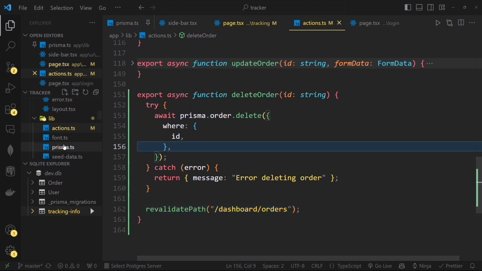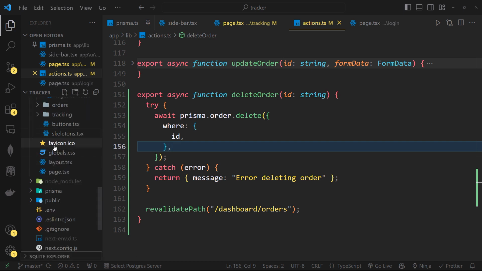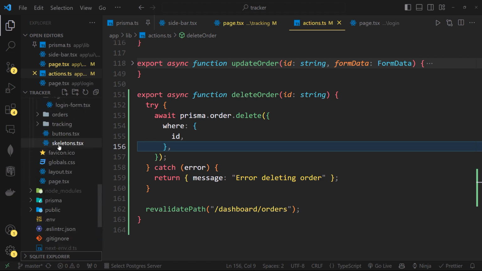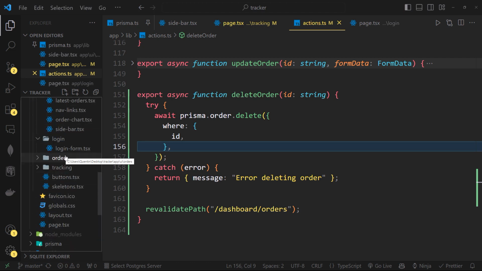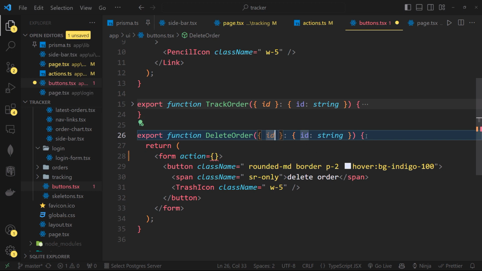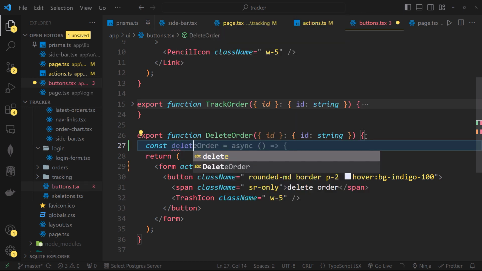So let's go to actions where we have our delete buttons, not actions. Let's go to buttons. I think we had that button somewhere down here. Buttons. Okay, this is it. Let's come down. This is delete here. So I'm just going to give a form here. I'll say action, and in this action now I'm going to call our delete functionality as a const, delete order,